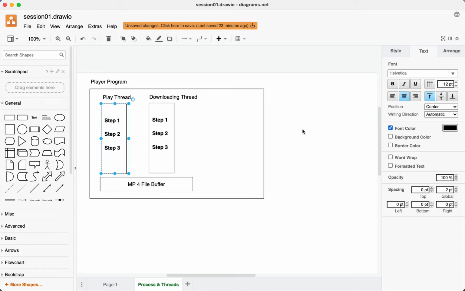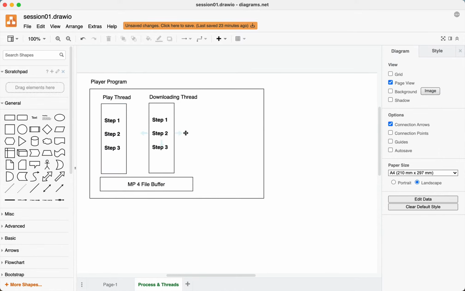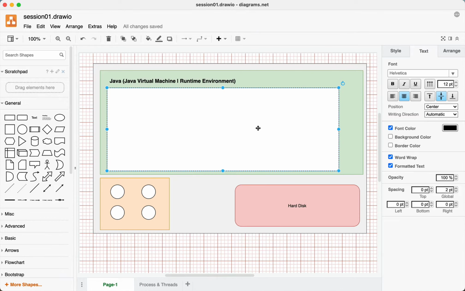I gave you an example of the YouTube player, where they have written the entire program of the player in such a way that one thread downloads and the other thread starts playing, and one is not really dependent on the other. So this is what we have already discussed. Now, a few important things here. As far as Java is concerned, Java also is completely multi-threaded.